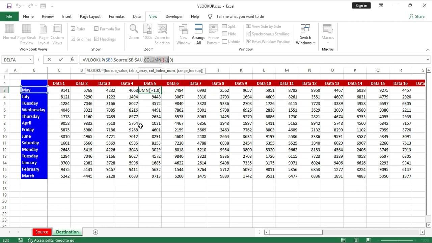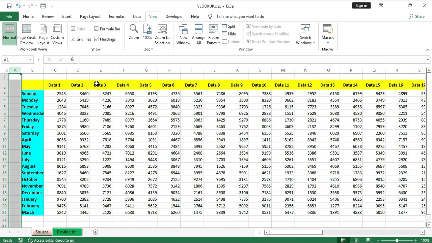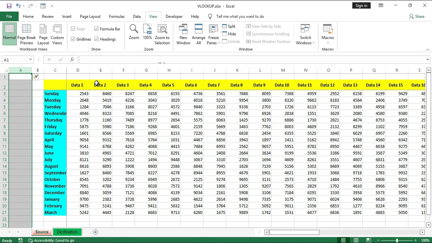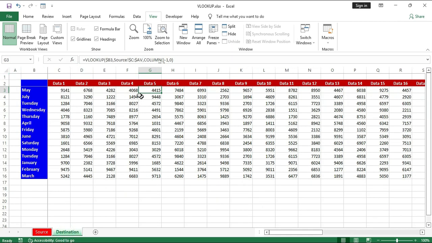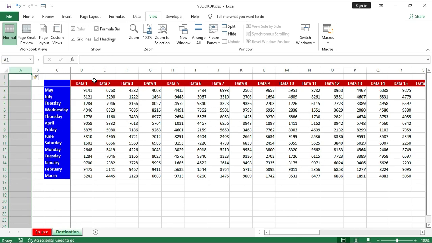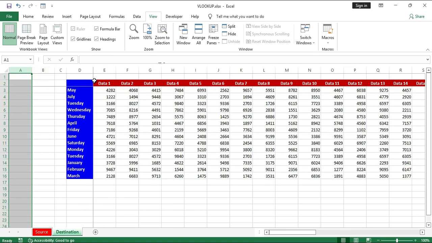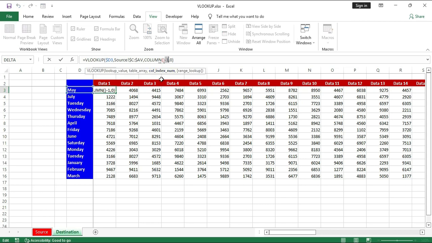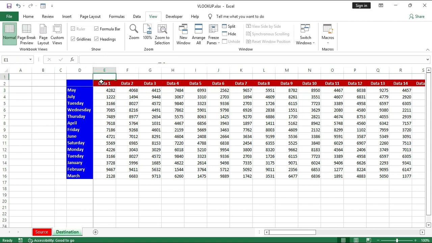Now one problem is here. If I change this table, the column number has changed. So what will happen here? The number will not change here, but if I insert any column here, then this number will change. So what you have to remember here is, you have to calculate what number should be deducted from this function. Now in this case, this column is, if I type the column function here,